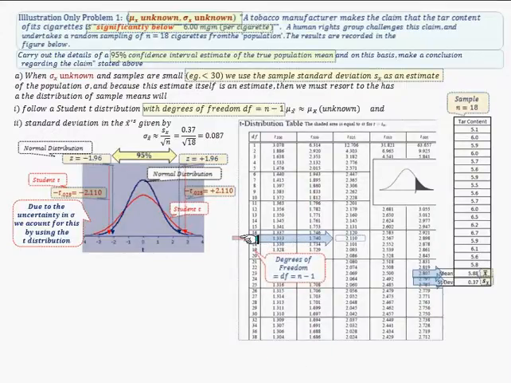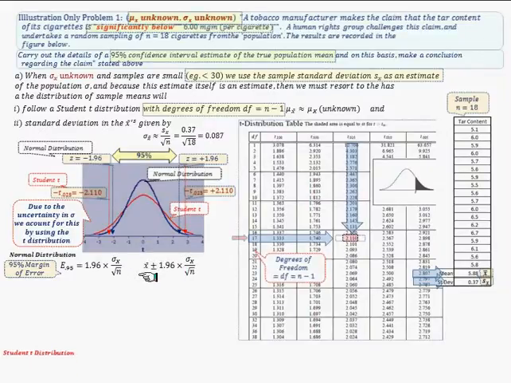On the left side we have 17 degrees of freedom. When we go over to the right, under the column which represents the area in the right tail of this distribution, for 95% confidence, two tails is 5%, one tail is 0.025. So coming down that column, we find this value 2.11, and that becomes our critical value. So now, whereas in the normal distribution we use these formulations here, for the student t we use the 2.11,